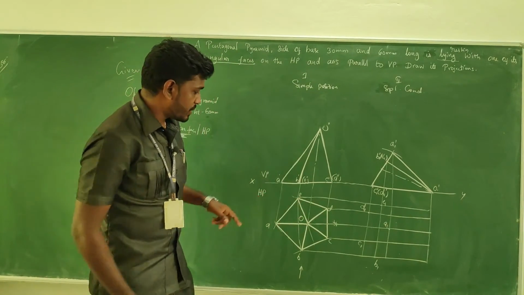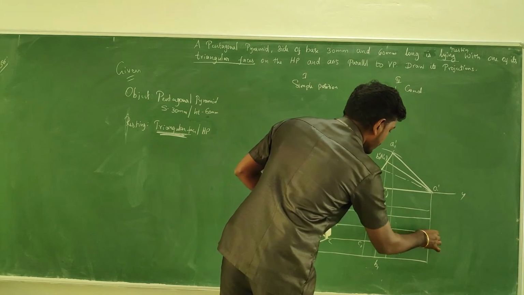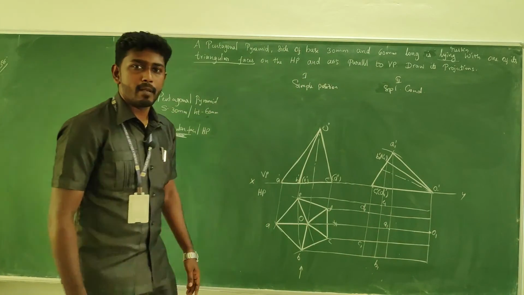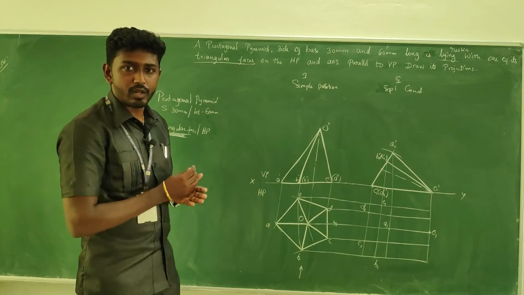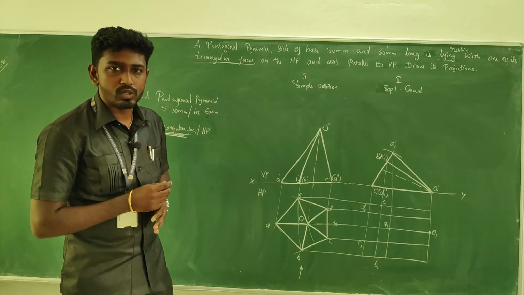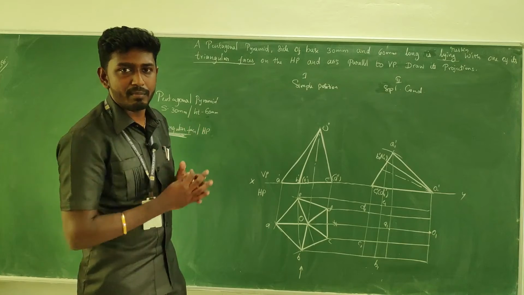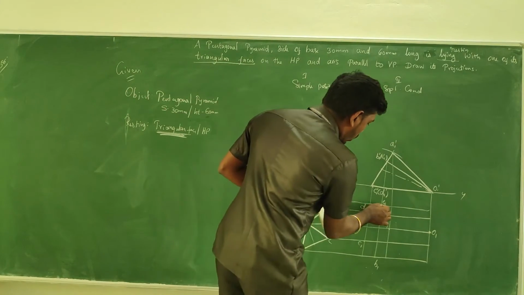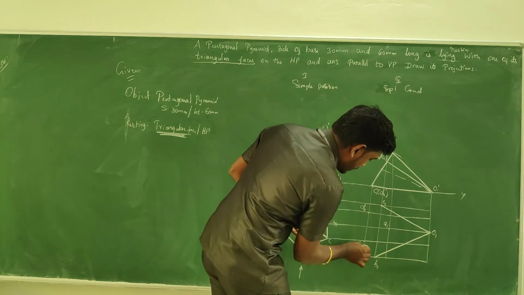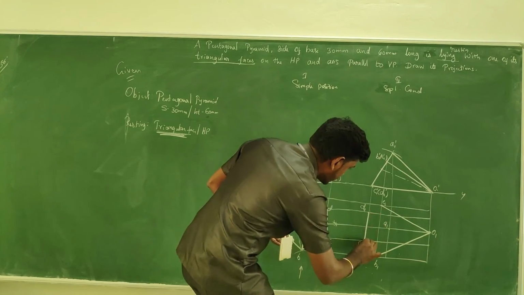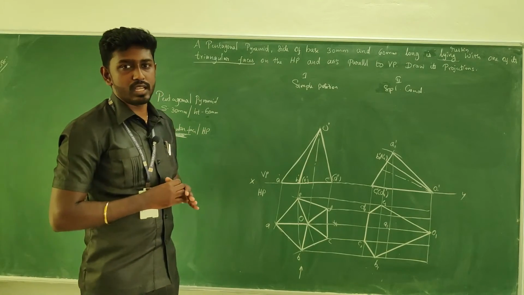What is next? The apex should be specified. Horizontal line for the vertex and vertical line. So it is meeting at this. So this is O1. What is the next procedure? Now to specify the final top view, all the boundaries should be closed. Whenever it is kept at any position, definitely there should be a boundary. There will be a boundary for any view. So the outermost portion you can make as a dark line: O to B, C to B, D to C, D to E. We can make it a dark line. Boundary should be closed.